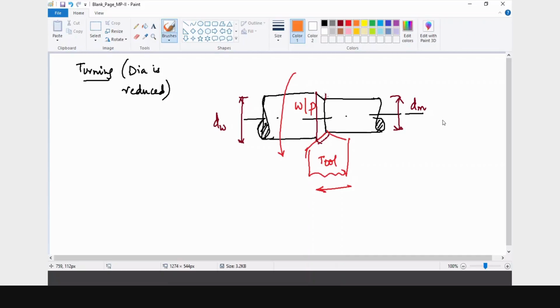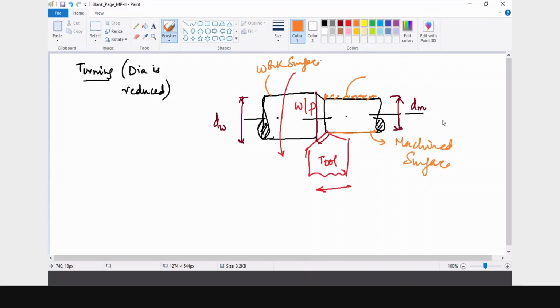So this portion is removed. Once it is removed, whatever you get is the machined surface. I hope I am clear, everyone. This is the machined surface of our requirement, and this is the work surface.